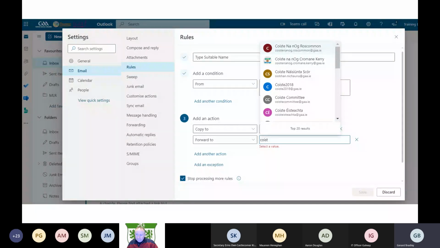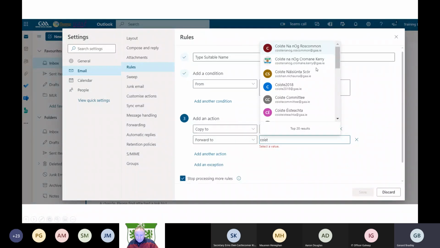Now, just be careful. You might well think that maybe one that comes in from the county secretary, you want to send that to all members of your committee. That's grand. If that's something you decide to do, that's okay. But just be careful. There's no questioning about this unless you put in an exception and say, well, don't send it to such and such people. It will send it to everyone in the committee if they're in a communications or a list, a contact list